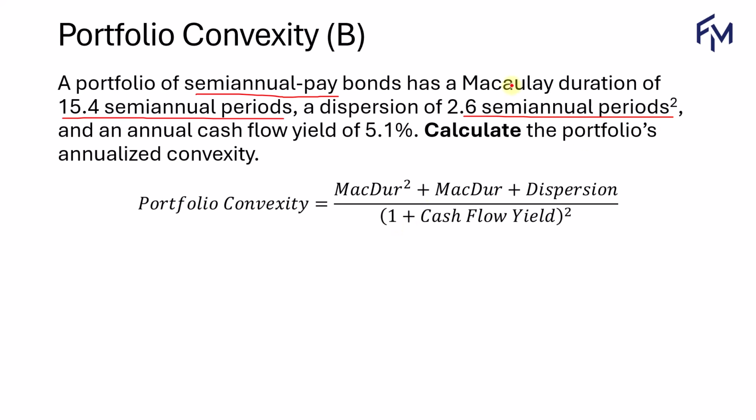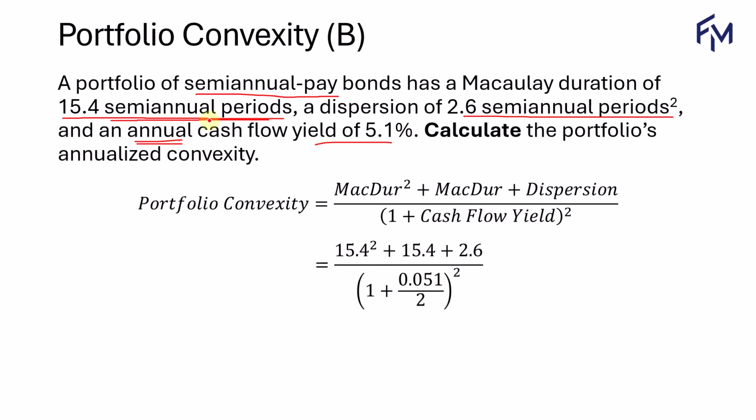Now with the same formula, we will substitute the values as it is. Okay, we don't convert the Macaulay duration to years. We leave it in its original units. So we'll have 15.4 squared plus 15.4 plus 2.6. Then we divide by 1 plus the cash flow yield per period. So since it's a semi-annual pay bond and the yield is in annual terms, is per annum, we need to take 5.1% divide by 2. So that gives us the yield per semi-annual period, and then we will square the denominator